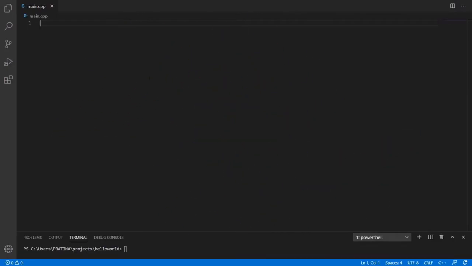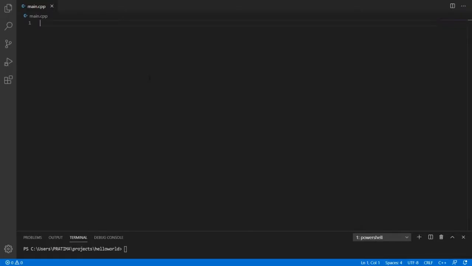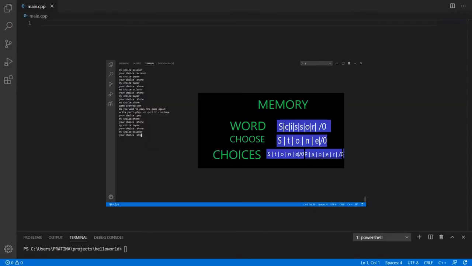Today, we are going to learn some basics of C. Mainly, I will focus on strings and random numbers, how to generate random numbers, and we will build a simple game. That game will help you remember what a string is and even help you play with your friends, even your sisters or siblings. I'm pretty sure we are going to have fun learning all this. So let's get started.